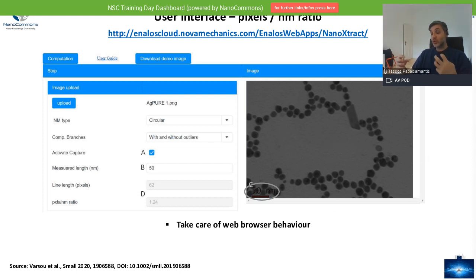So how the browsers work differently, as we will also see in a hands-on practice, more or less what happens is that, let's say in Chrome, you will have the full sized image uploaded here, and you will have bars that you can scroll to move around the image. So you will always see a small portion of the image. So you will need to go where the scale bar is and do this process.